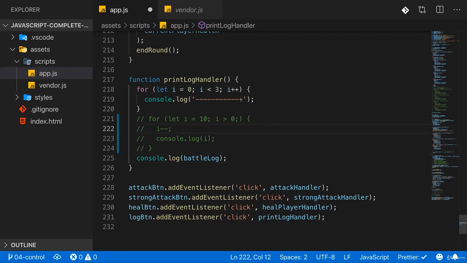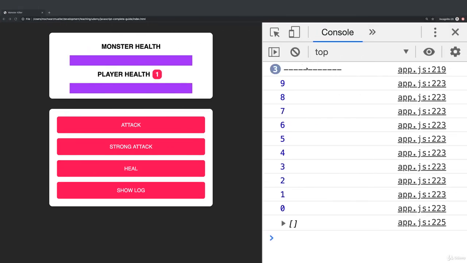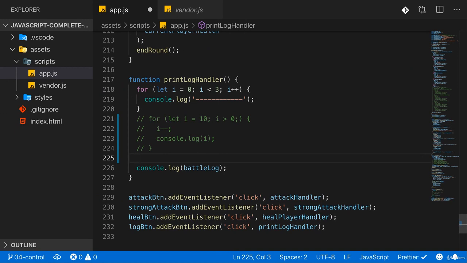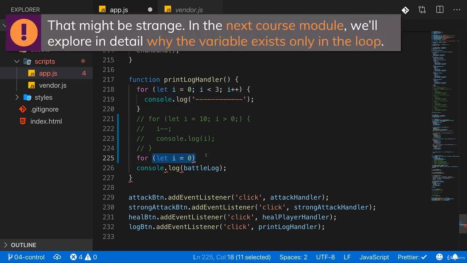So we print that nice separator here 3 times, even though in the IDE we really only see it once, but theoretically we create it 3 times. Now let's say thereafter we really want to output something for every item in our battle log. As I explained, we can do that with the normal loop here. And here we can reuse I because it really only exists for that loop. So not even for the entire function, but only for that loop here. So we can reuse it in another loop. That is possible. And then here we can go all the way up to the length of our battle log